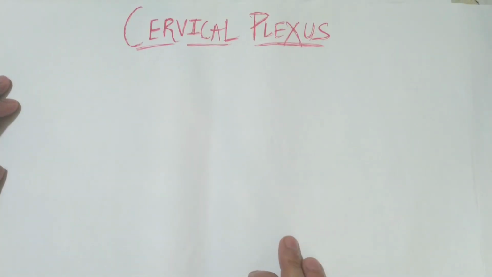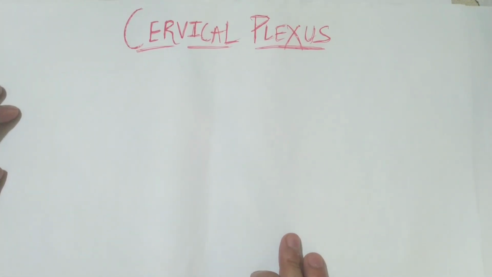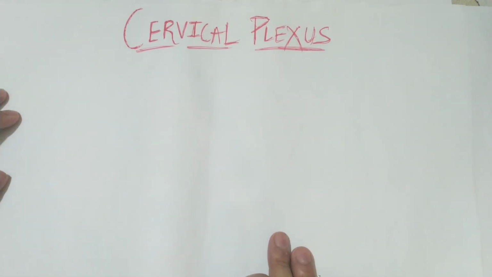Hello everyone. After ending the discussions of all our cranial nerves, we are now in the section of our plexuses, that is, the spinal nerves, which are in the region of our whole vertebral column. The spinal nerves actually innervate the peripheral regions of the body. They are divided into five segments, and as we know, there are 31 pairs of spinal nerves.